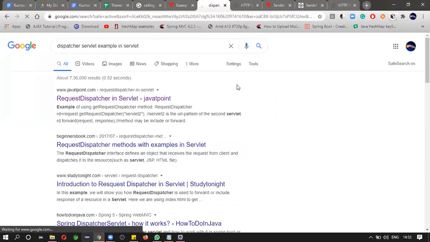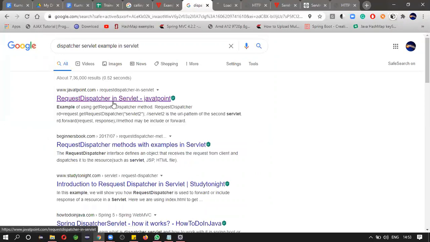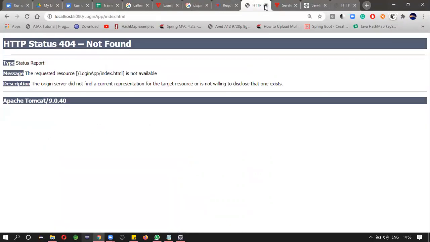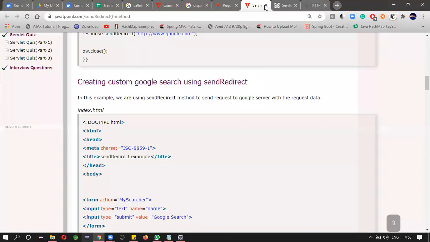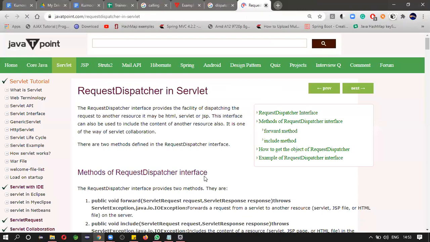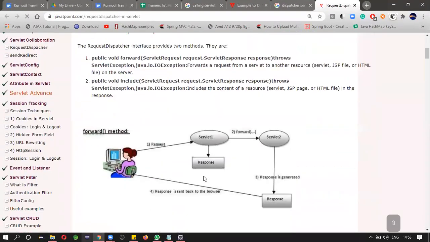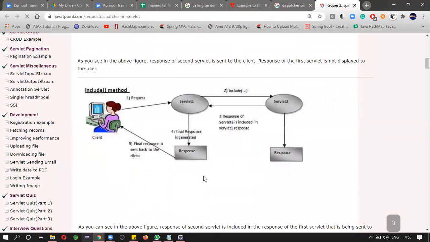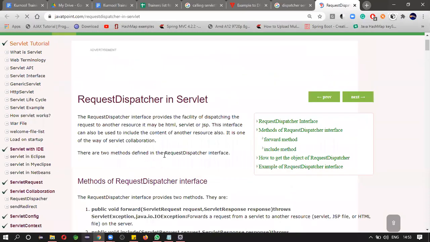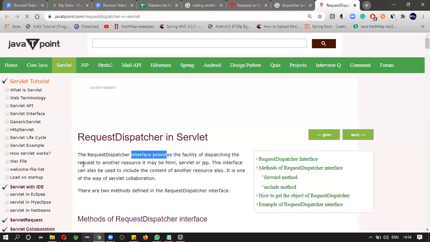You need to create the dispatcher servlet. First of all, this interface provides the facility of dispatching the request to another resource. That resource can be HTML, servlet, or JSP.